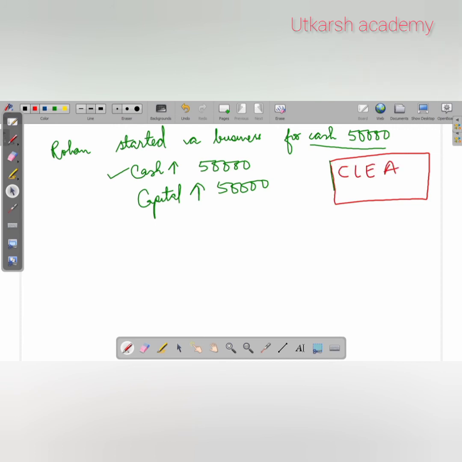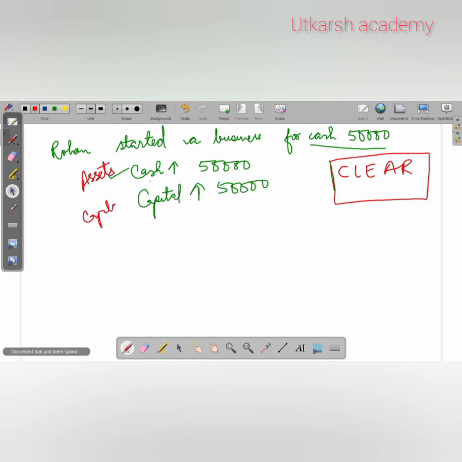Just remember this mnemonic. With this only we will solve all the accounting problems in this accounting chapter, or you can say in the whole accounts. Base is this only. Clear? Okay. See, the cash is capital? No. Cash is liability? No. Cash is expense? Never. A, assets. Cash is an asset. Okay. Cash is an asset. The capital, by the C only, it is very clear that it is a capital.